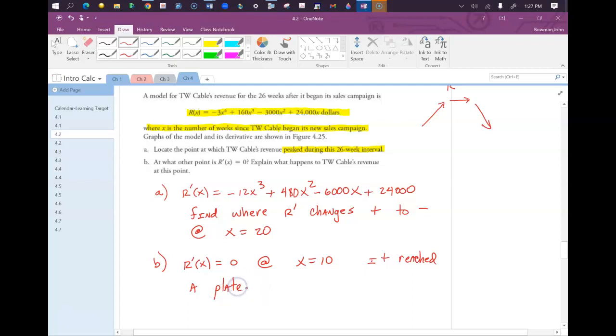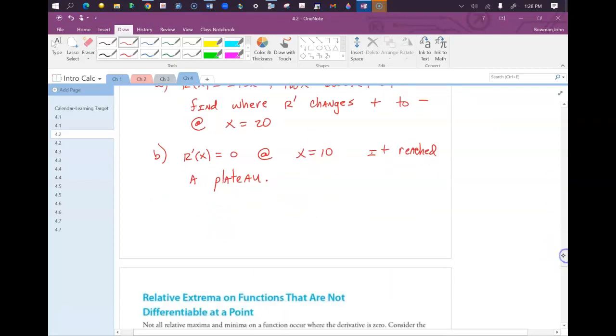Hopefully I'm spelling this right. Just to illustrate what's going on there, at x equal 10, we had this function that came up, flattened out, and then continued to increase,